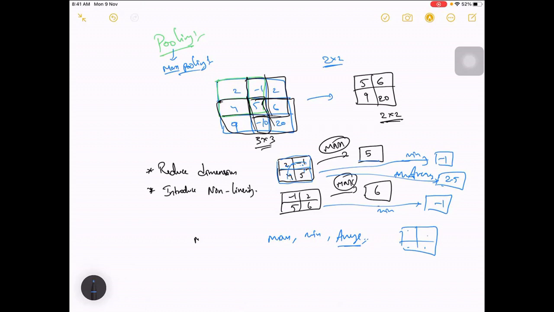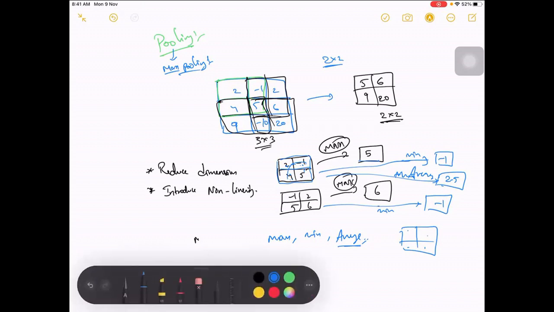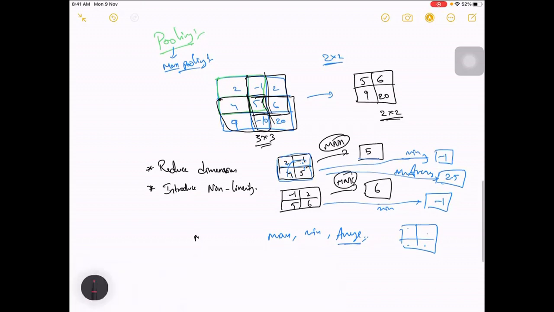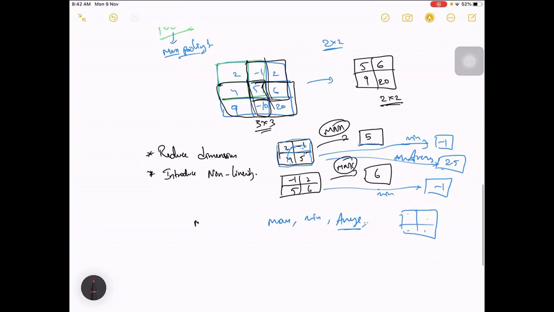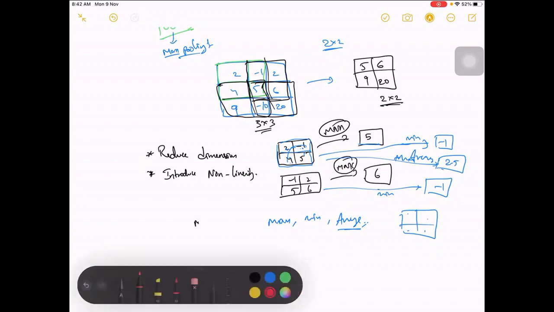So this is a slight disadvantage of pooling, but usually in images, the nearby numbers will be very similar. So instead of taking all those numbers, it takes the highest number, so that it doesn't lose much information anyway. But to be precise, there will be some amount of information which will be lost.